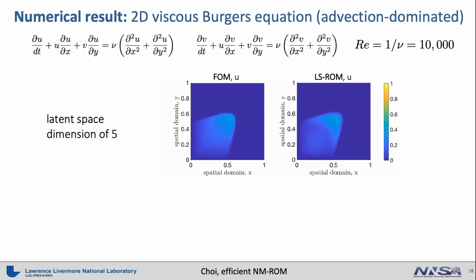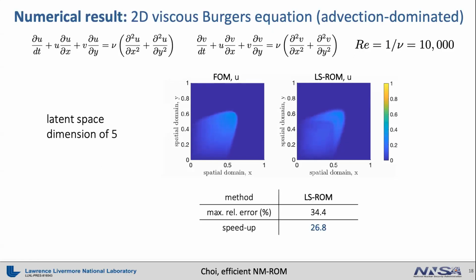Let's look at the 2D Burgers problems, which I have shown you in previous slides in the beginning of the talk. The solution is very advection dominated. As you can see from the movie, LS-ROM shows fictitious oscillation in front of the shock wave if the reduced space dimension of 5 is used, resulting in a relative error around 34%, which is not good enough for